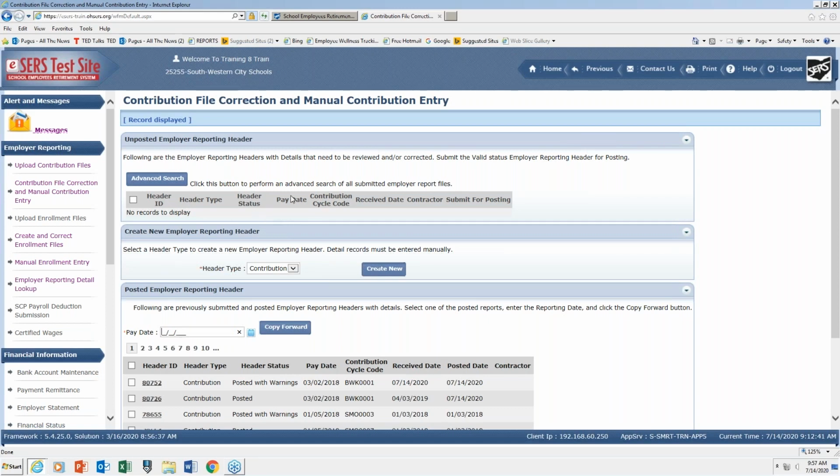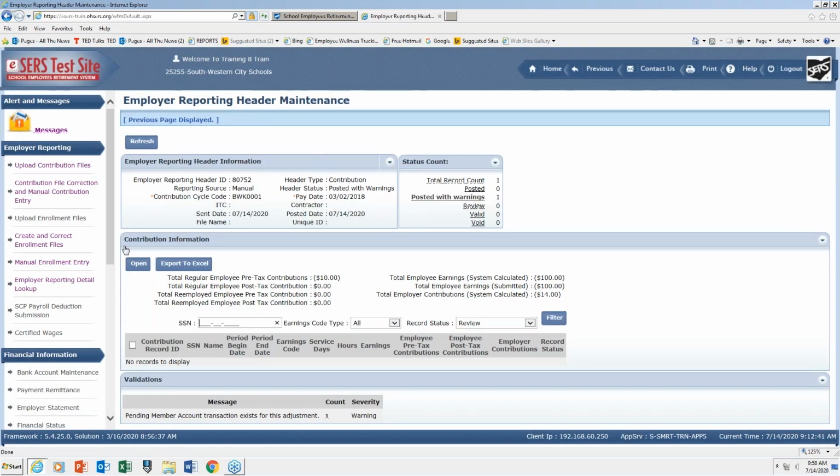Now, we're going to go into a couple other things before we pay for this file, but once a file posts, and we have a little slogan here at the office, we use report, post, pay in that order. So you report your file, you get your file to post, and then it's ready for you to pay for it in the payment remittance section, which we will go over shortly. Okay, so now I'm going to go ahead and click previous here. And what I want to do now is show you